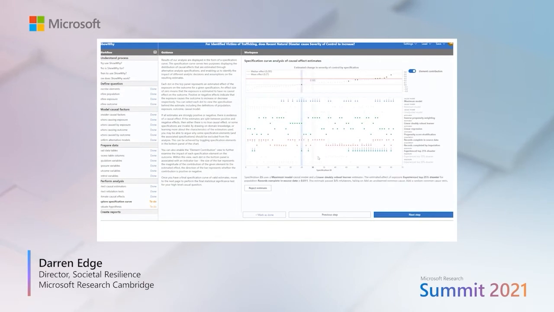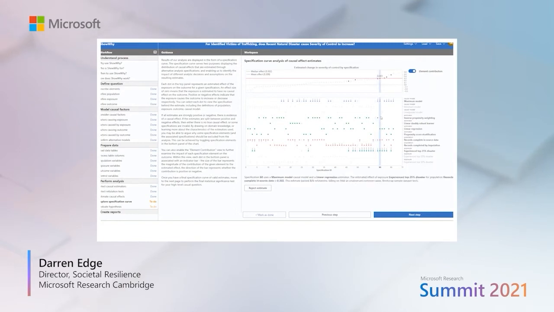Now we can start looking at individual estimates and seeing whether they passed what's called refutation. So the various tests we can do to see how valid those estimates might be based on challenging the assumptions behind them. And so what I'm doing here is I'm just systematically getting rid of any estimates where they didn't pass all the refutations that we tested them against. And at the end of this process, what we're left with is a handful of estimates that represent our best guess about the effect size for the question.